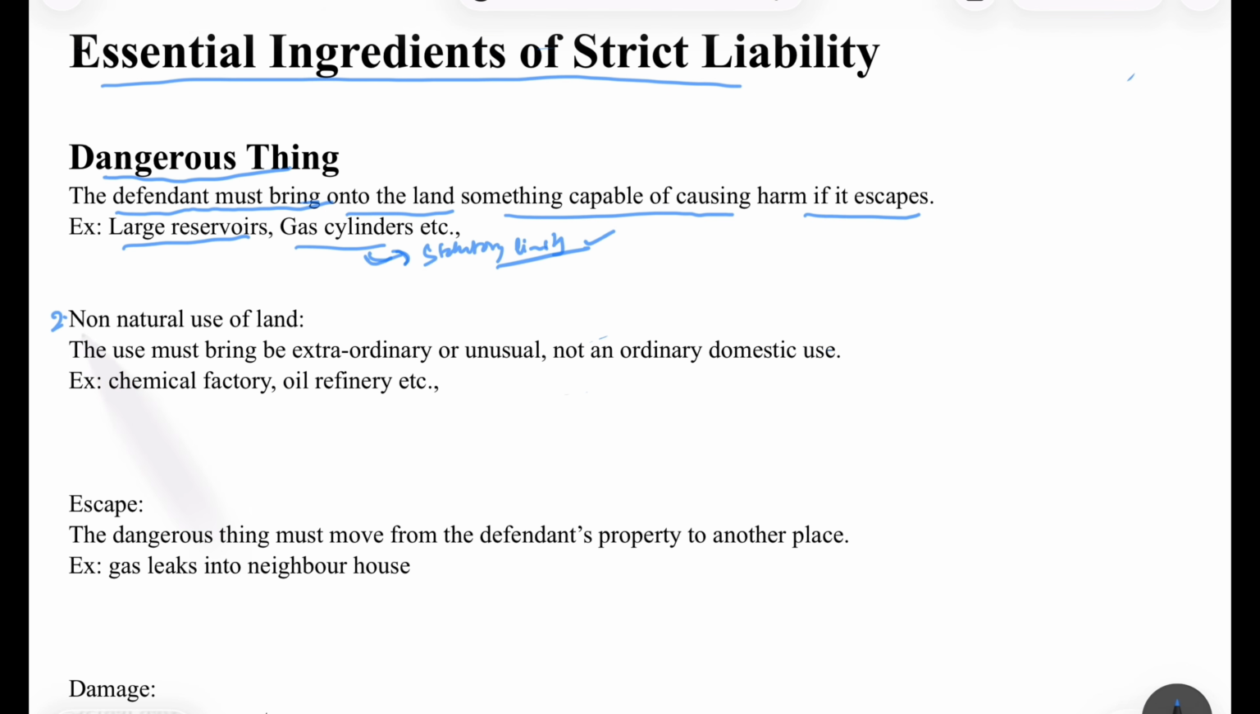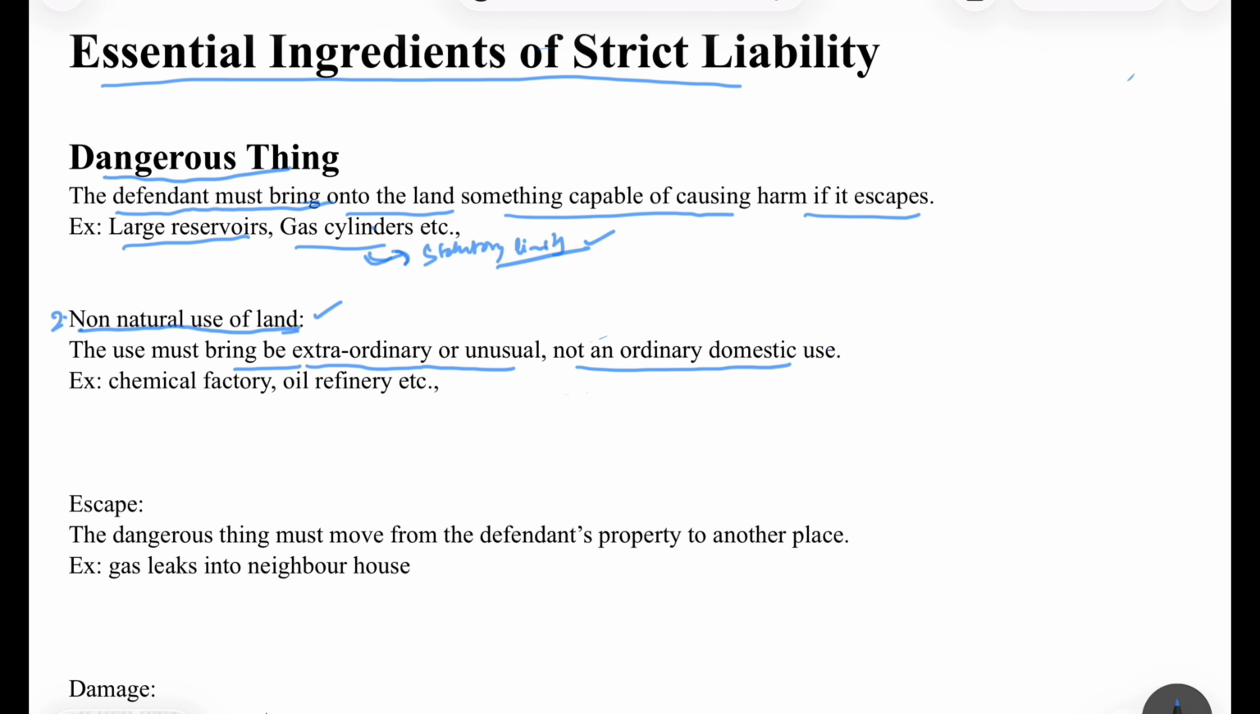Okay, coming to the next thing, non-natural use of land. If we apply dangerous thing in the Rylands versus Fletcher case, the dangerous thing was the large quantity of stored water in the reservoir. For all the essential elements, we will be applying the case of Rylands versus Fletcher. Now coming to non-natural use of land, the use must be extraordinary or unusual,